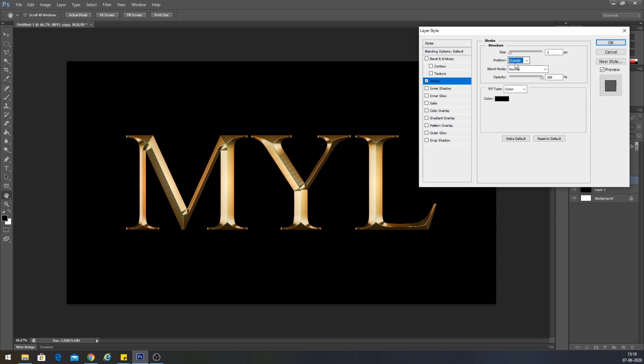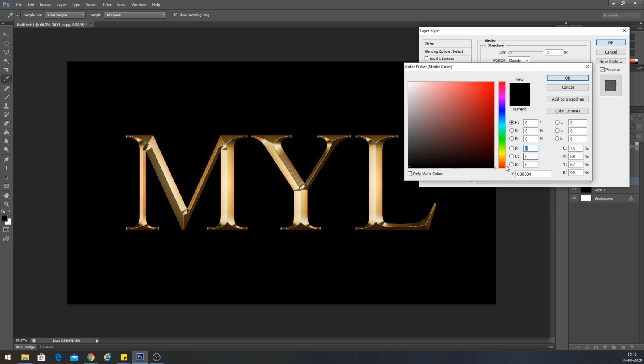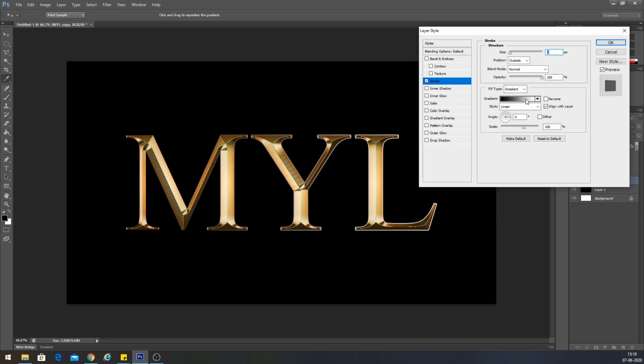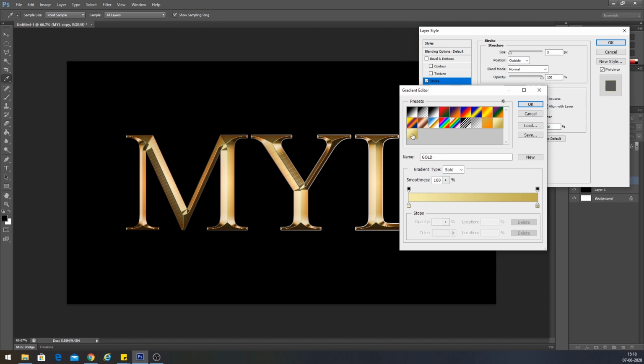Here you have selected outside color. I will choose gradient. So here select the gradient, click on the gradient, choose this one, we already made it.